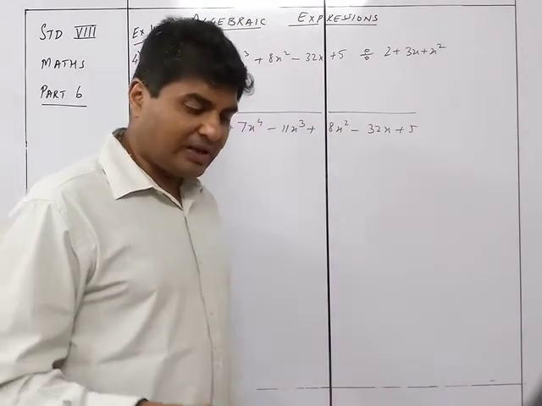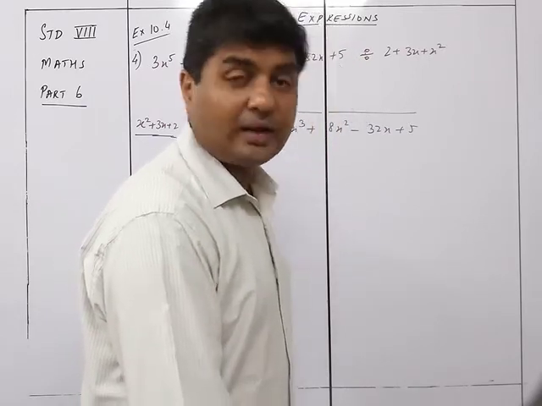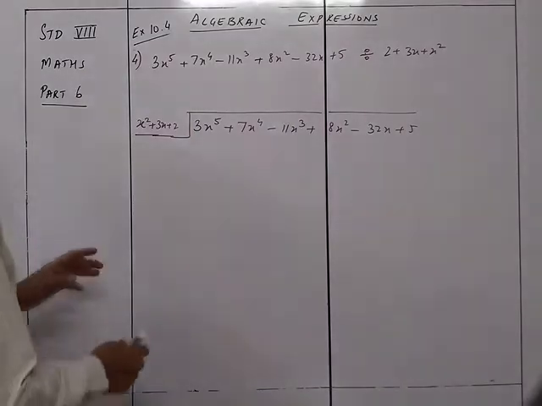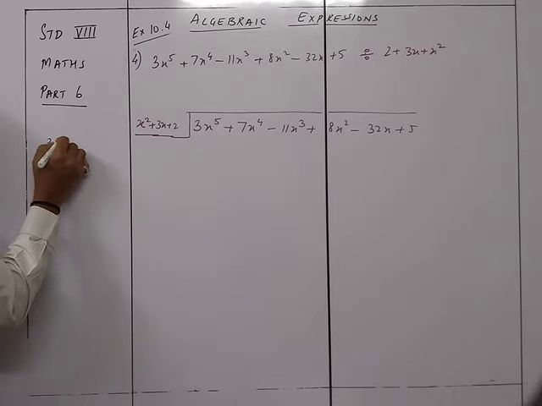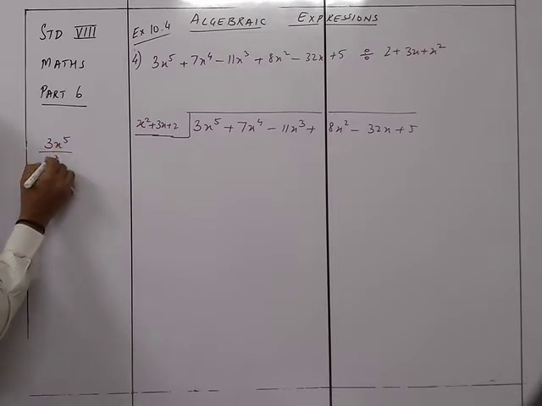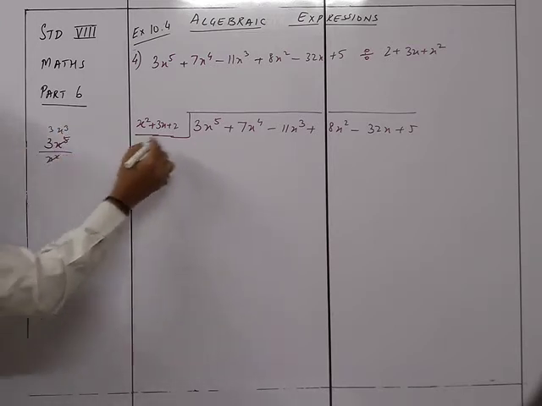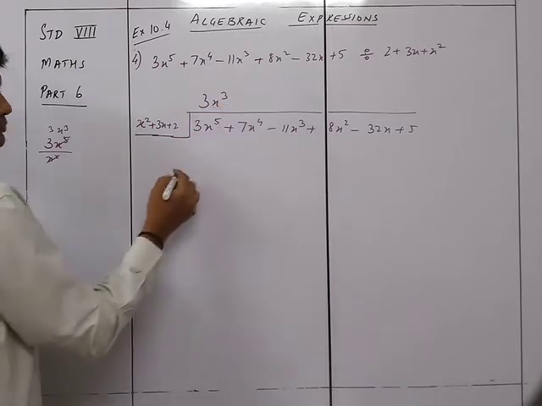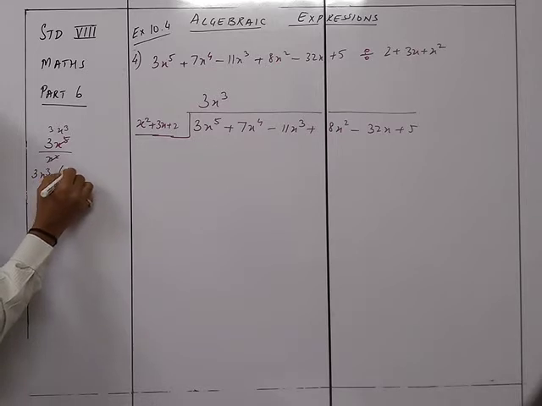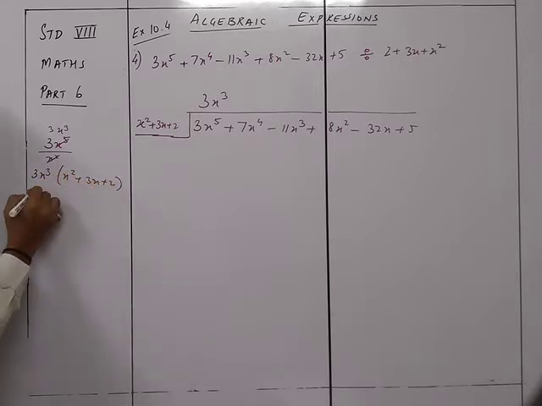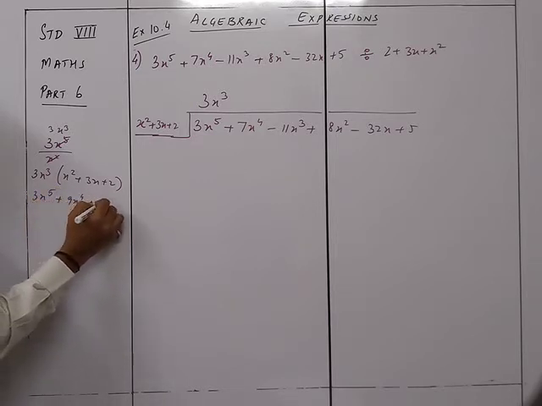Okay, if you get a question like this, I'll show you wherein we'll be using such a kind of thing. Yeah, we'll do one of the sums which will be having such a thing. Okay. Right. So now again, as I told you, what we'll do is the first part 3x raised to 5 upon x square. So this cancels to x raised to 3. So this will be 3x raised to 3. Now multiplying this with this, it will be 3x raised to 3 into x square plus 3x plus 2. So that gives me 3x raised to 5 plus 9x raised to 4 plus 6x raised to 3.